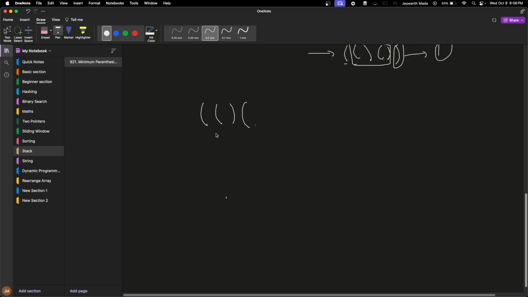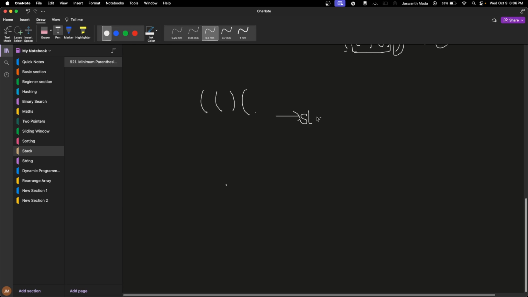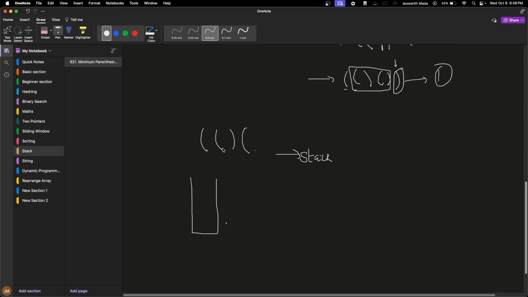There is a data structure called a stack, which is very, very helpful for these parentheses problems, right? So I'll use a stack. So the intuition behind using a stack is, why am I using a stack? That's because